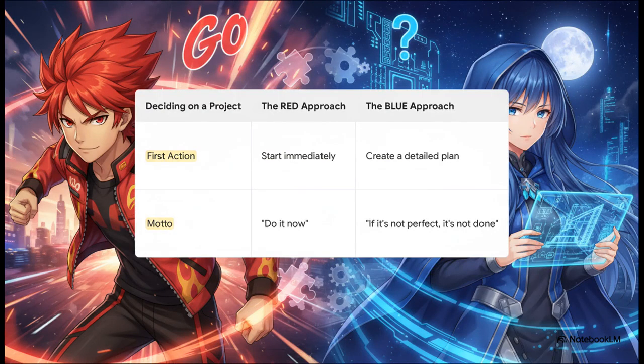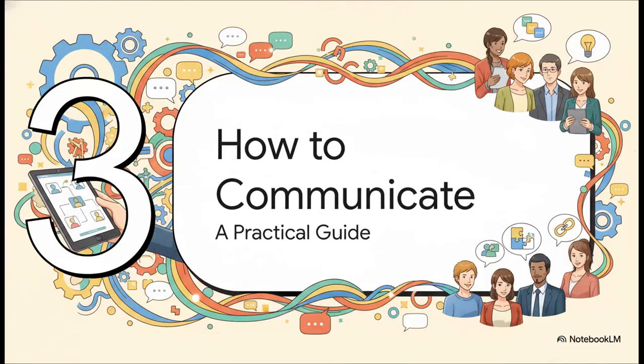And this right here shows you the clash of two operating systems perfectly. When faced with a new project, the red says, I've got 70% of the data, let's go, we'll figure it out. The blue says, whoa, hold on, I need 110% of the data, we have to plan for every risk. Neither is wrong, a great team needs both, but understanding this difference is everything if you want them to work together. Okay, so what do we do with all this? This isn't just interesting theory. This is the practical toolkit you can start using in your very next conversation at work.